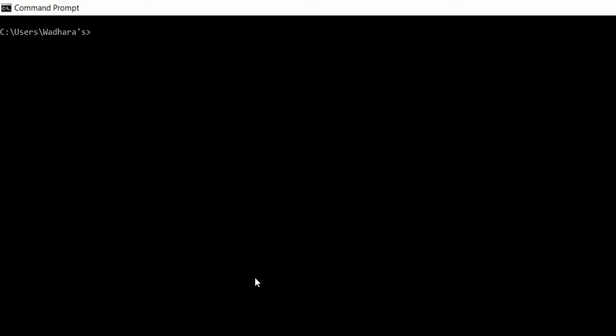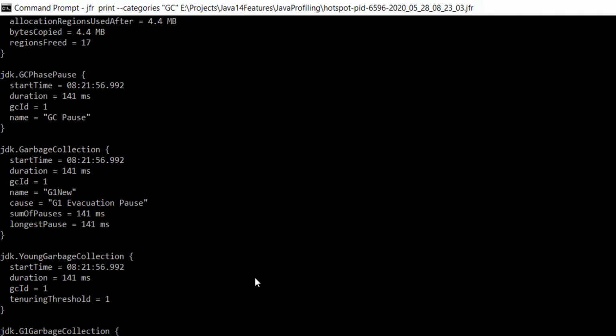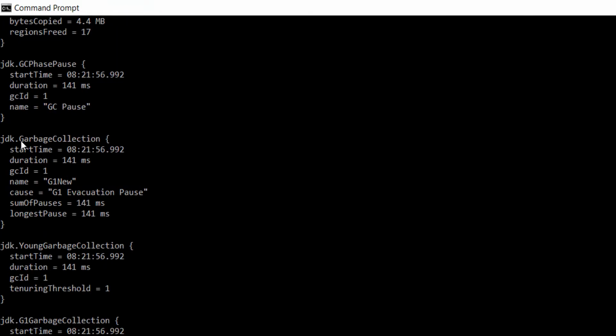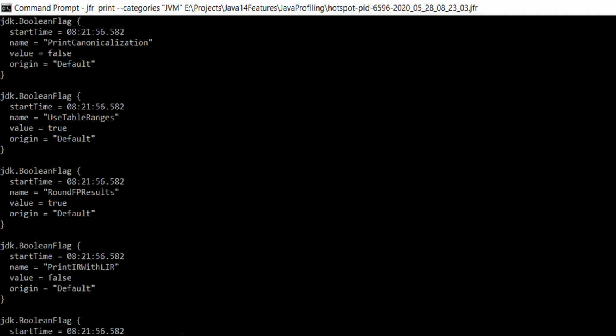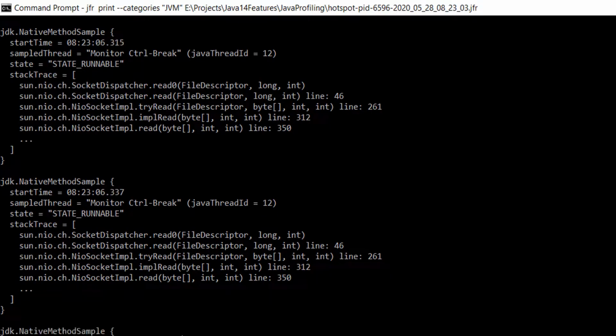So you have to type the command, then the path of a recording file. So this will display all the events related to your garbage collection. Similarly, you can choose JVM also to display JVM related events.